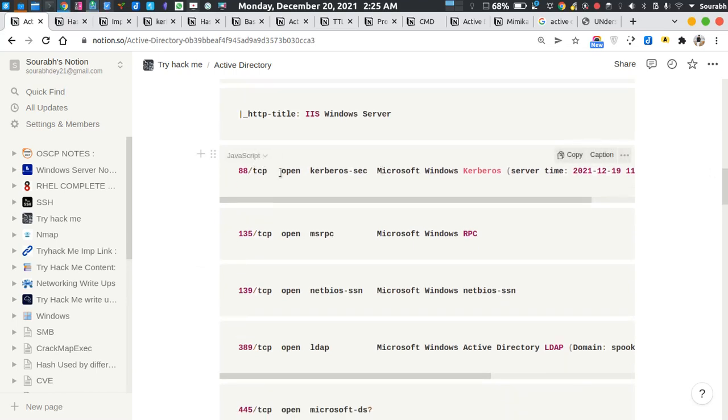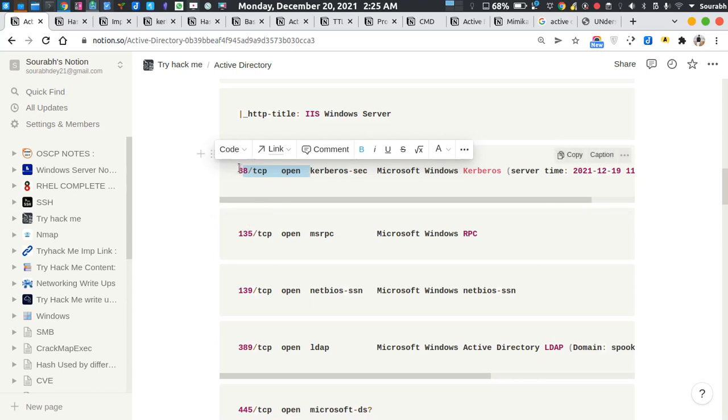There is port 88 also open, which is entitled with the Kerberos section, which means that it is a domain controller. There are some ports which are open in a network to find out whether a particular Windows machine is an Active Directory one or not.